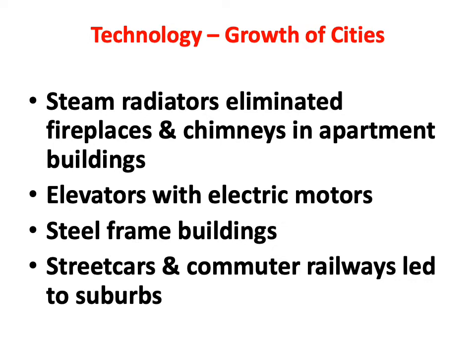And you also had streetcars, electric streetcars. We'll have a photograph of one in a moment. And commuter railway lines leading to the suburbs. So as people moved into the middle class and got wealthier, they didn't want to stay in the cities because of the noise, the dirt, the smell. And so they moved out to the suburbs. But of course, they could easily now get into the cities. They no longer had to walk. They could get there quickly. And so it started the growth of suburbs.